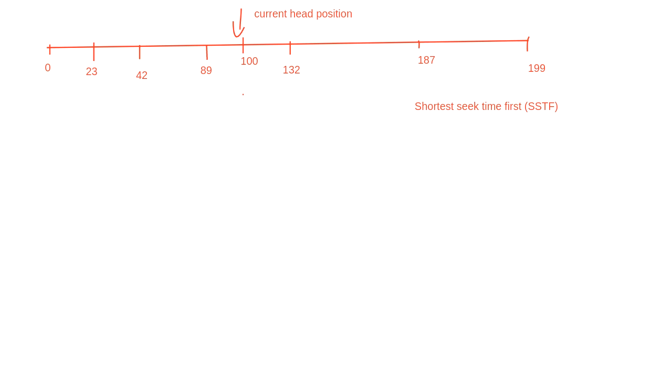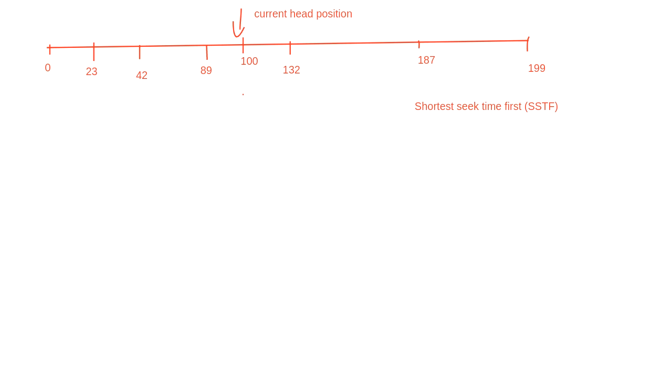You see, going from 100 to 89 is shorter, or going to 132 is shorter. You have to check it. How do you check that? For checking that, you have to see that 132 minus 100 is how much? This is 32. So moving from 100 to 132 is a distance of 32.